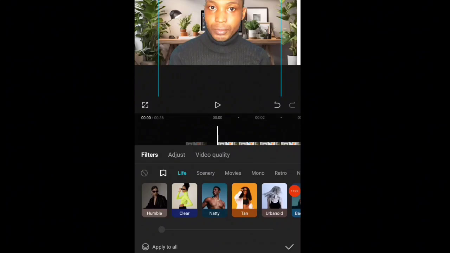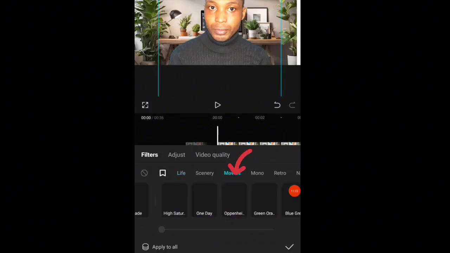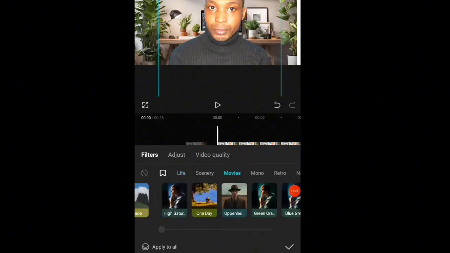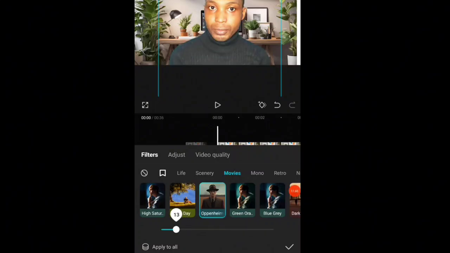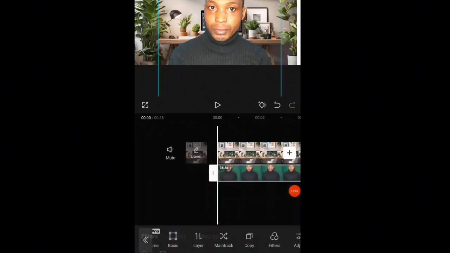Then you click on movie. So you can use one of these, you can use green. So I want to use this one, so I'll click on it. You reduce it a little bit. I'm going to use 20. Then you click on good sign. So once you are done with this,